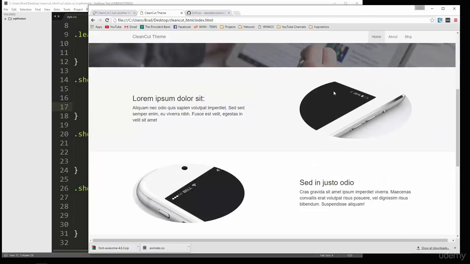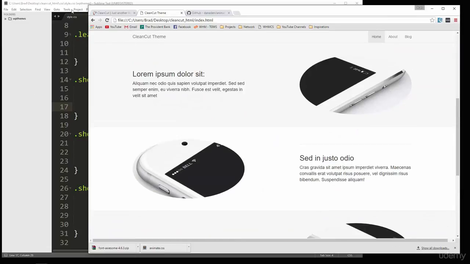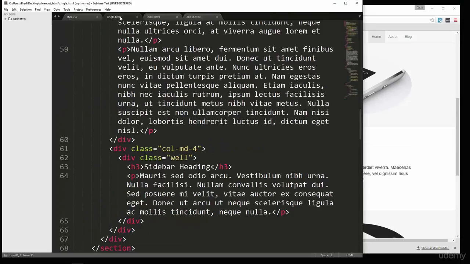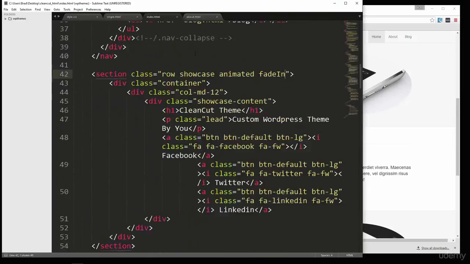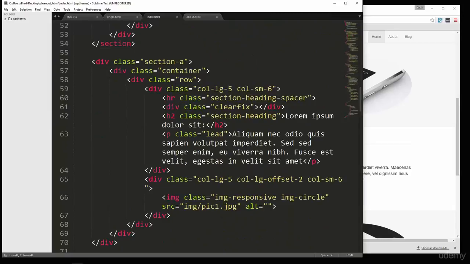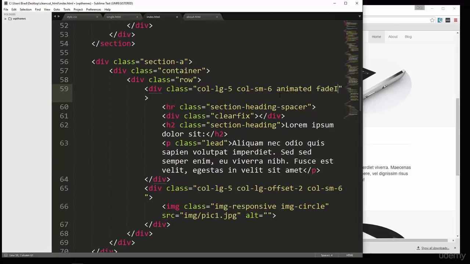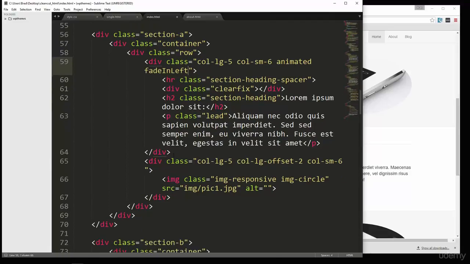Now each side is going to come in from, for instance, this will come in from the left, this will come in from the right, same thing down here. So what we'll do is go to our section A inside of our index, which is right here, and we want to go to this div here and say animated, and then I'm going to say fade in left. Alright, and then the other div, which is this one here,